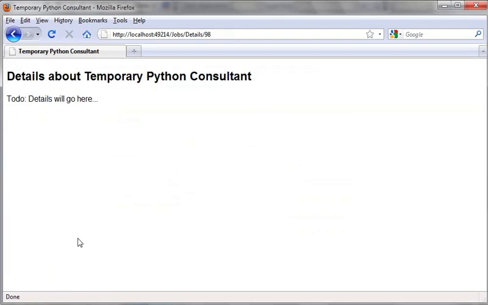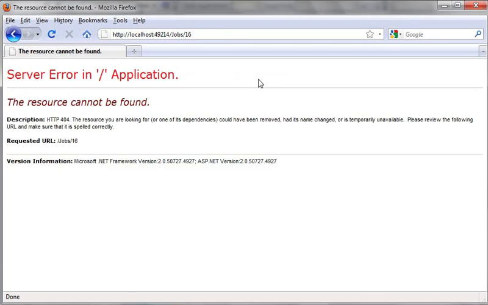Okay, but this episode is all about routing, and so perhaps what might be useful is to think about how we can improve our URL structure slightly. One thing that's a bit odd at the moment is that all of our job details have got the word details in the URL, which is kind of redundant really. You might think it would be specific enough just to request jobs/16 to get the details about job 16, but of course that will give us 404 not found right now, because under the default routing configuration that tries to match a controller called jobs and an action method called 16, but of course we don't have any action methods called 16, so that's just going to return a 404.